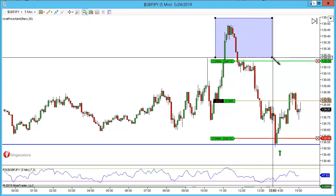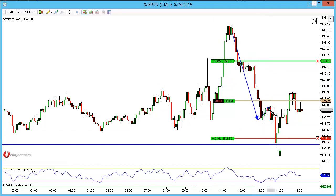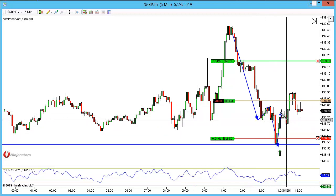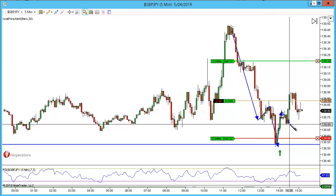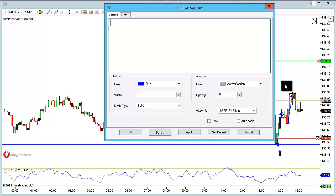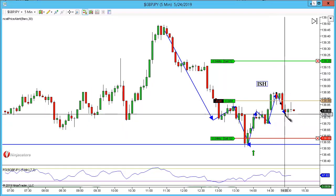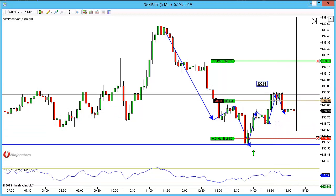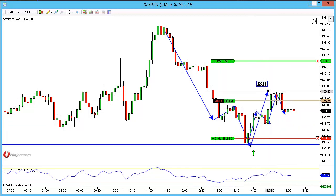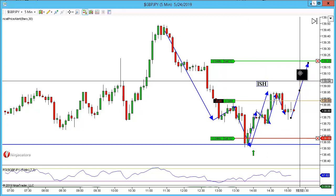For head and shoulders we've got a clear swing, we've got a move lower, a left shoulder, a move lower. Right here, difficult to see, but this is a right shoulder. Right up here, this is an initial structure high, potential rotation. We're seeing a pullback, and then I am looking for an AB equals CD move like this up to this